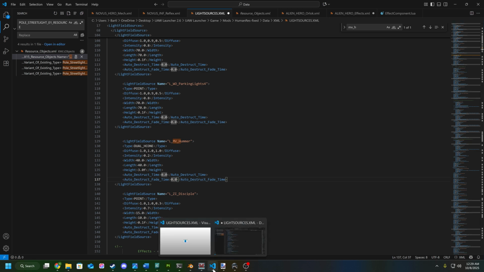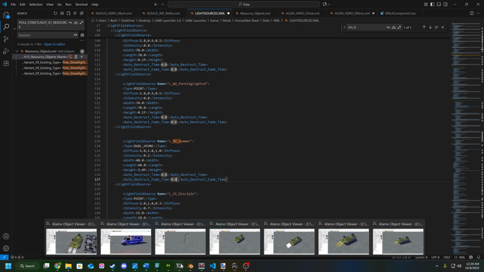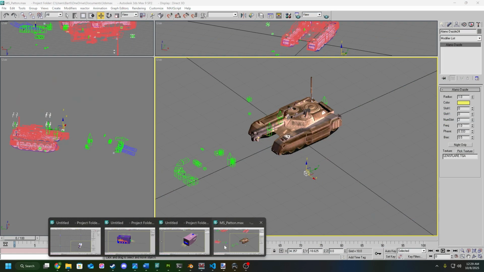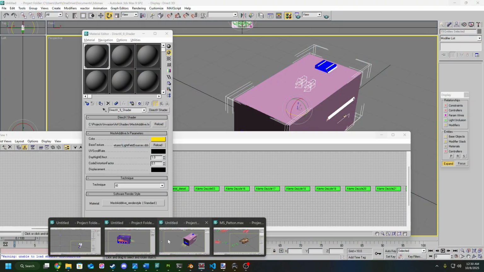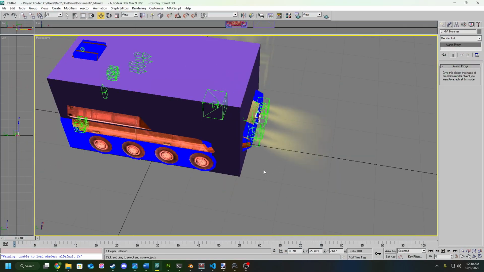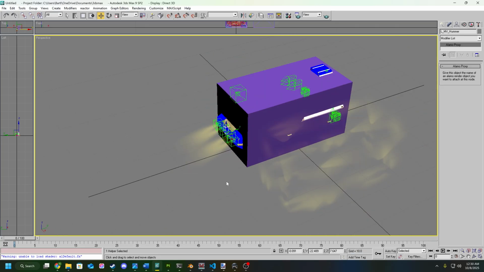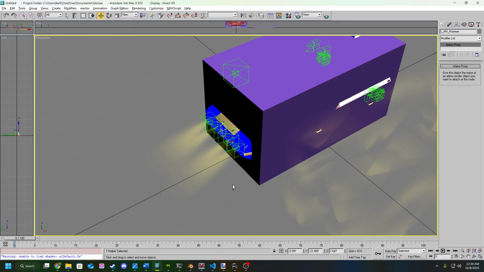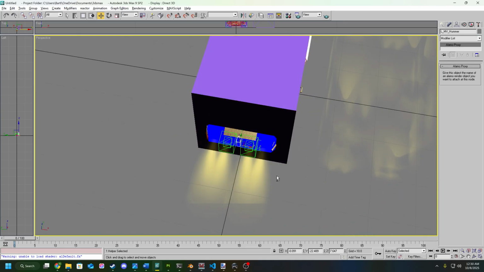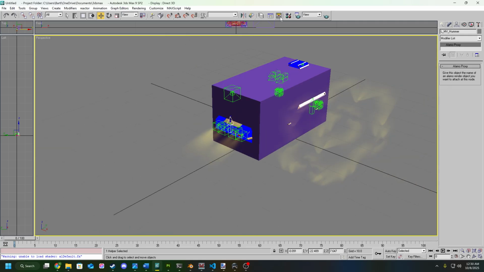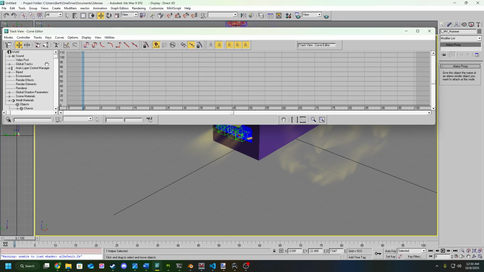Because here's the cool thing. All of the proxies, the dazzles, and the meshes can be controlled with a visibility layer, just like any other object. Sort of like when I was talking about how you can apply an effect to a unit at a specific frame in an animation using a visibility layer, you can do that with these proxies. So, for example, if for some stupid reason you wanted to give a Marine the ability to turn on his flashlight or whatever, and you could do that by swapping animations, you could tie the visibility of these lights to those animations. So you could go into here, go to your graph editor, and go to your proxy right here,